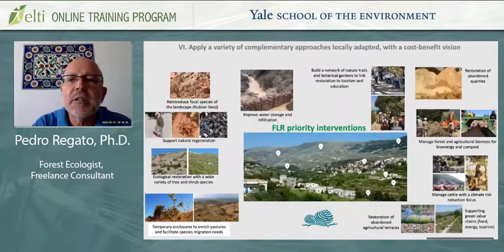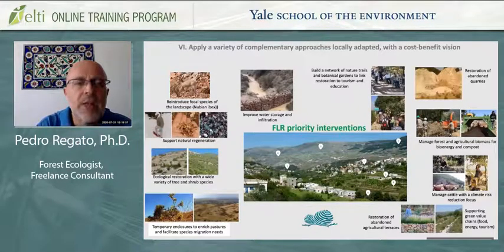As I mentioned, following the FLR principle, the project applied a variety of complementary approaches, locally adapted with a cost-benefit vision. This means that the project was not just looking at planting seeds, seedlings, or cuttings as a typical ecological restoration activity, but also looking at, for instance, improving water storage and infiltration throughout the landscape,